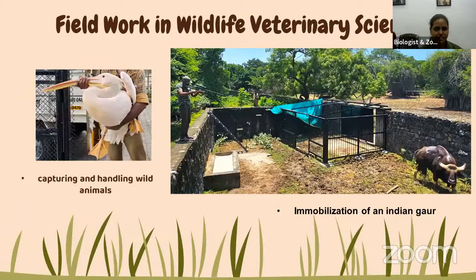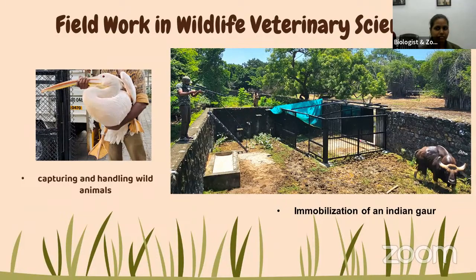These are some pictures. The field work in wildlife veterinary science, what we have to deal with. The first picture is the capturing and handling of a wild bird. I was going to ask you which bird it is, but no one can reply, so I'll tell you. It is a rosy pelican. It is a very large bird, okay? The second picture is the immobilization of an Indian boar. Can you see the most left side picture? You will see our senior doctor